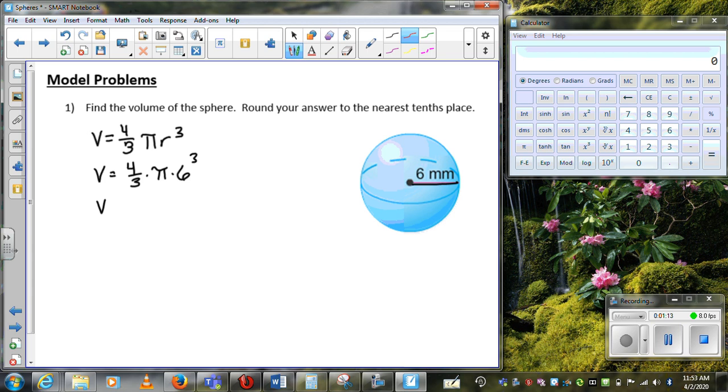So when I punch this in, and there are fraction buttons on here, but in my opinion, it's easier for me to just do this: 4 divided by 3 and just hit enter. And that should give you 1.3 repeating. Now I'm just going to hit times pi. My pi button is here. And now I'm going to hit times. Now watch this. I'm not going to do 6 to the third, although I can on here. There is a to the third power, but I don't know if what you're using has that button. So I'm just going to go 6 times 6 times 6. I'm just going to do that 3 times. And I get an answer of